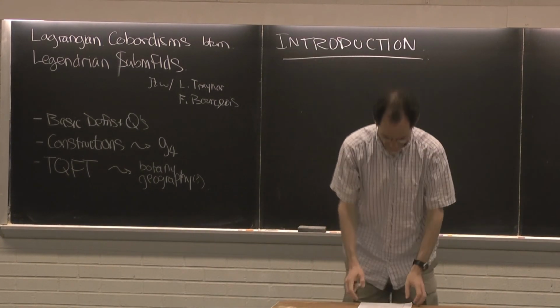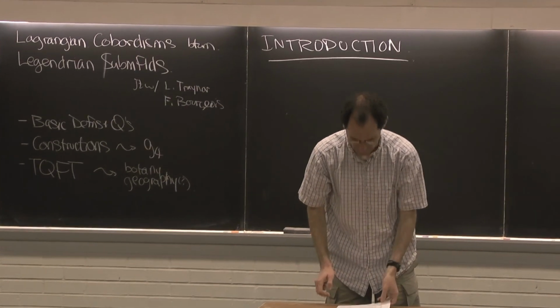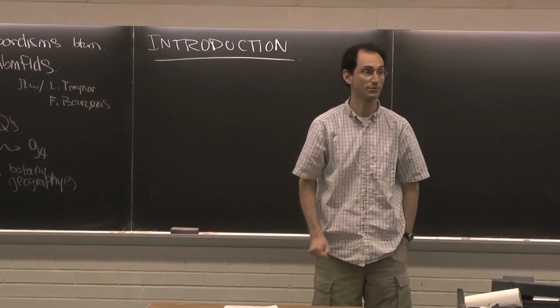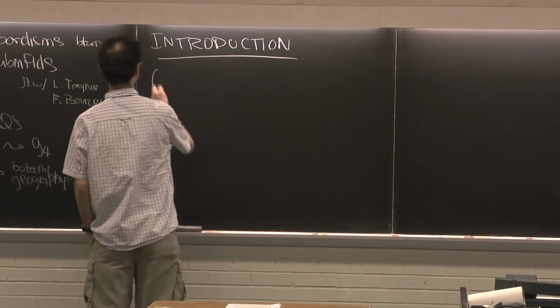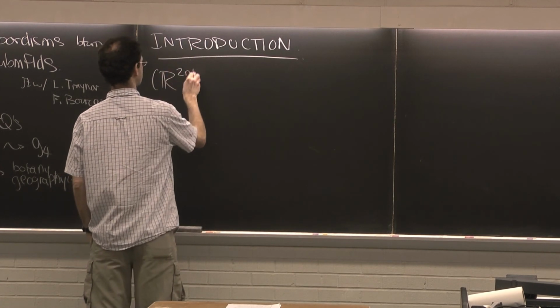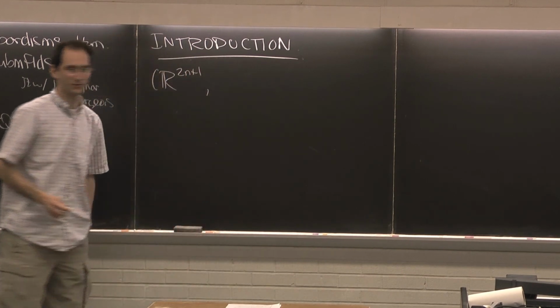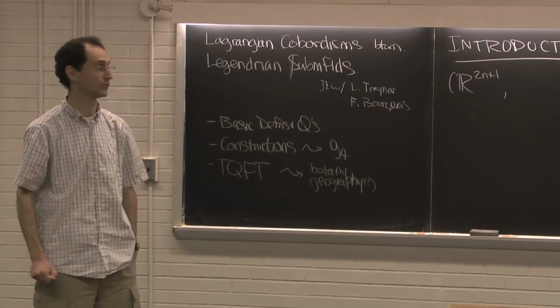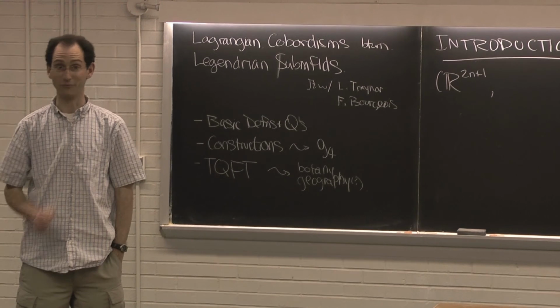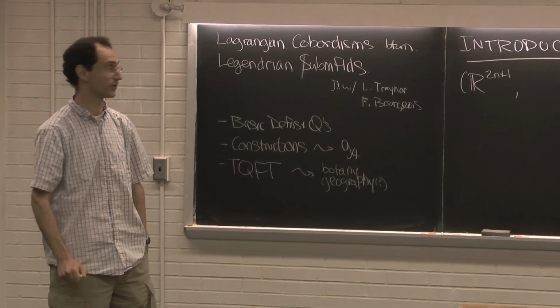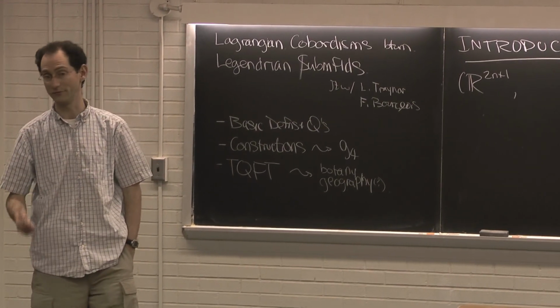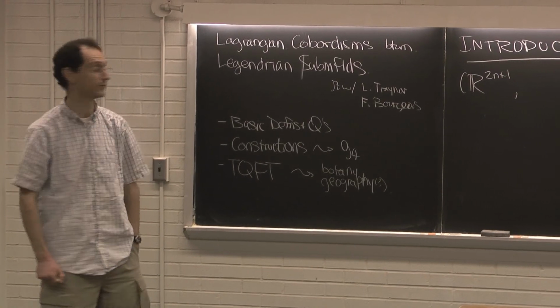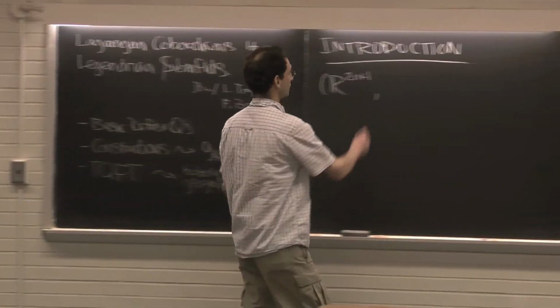And let's talk about the following. I want to work in the standard contact R^(2n+1). Of course, many of my pictures will be in R3, but everything I say generalizes just fine to higher dimensions. And in fact, I'm really not going to write this down. Everything I say generalizes just fine to the one jet space of any compact manifold, with its standard contact structure,